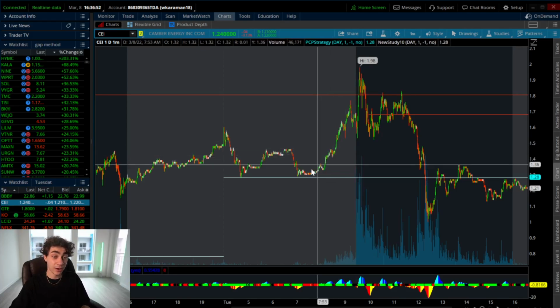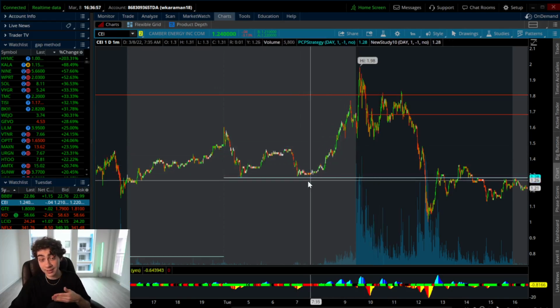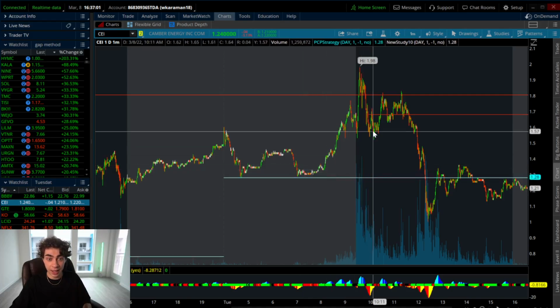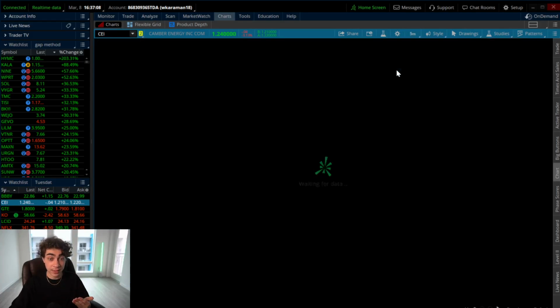But the main thing is your next support is at the 1.30s. There's a gap to fill below at 1.30s. And if this 1.55 cracks, that gap is basically going to fill. If the gap fill reacts as support, it's going to climb back up to 1.55, which is why I chose to get out. If it cracks and reacts as resistance, then you could see,